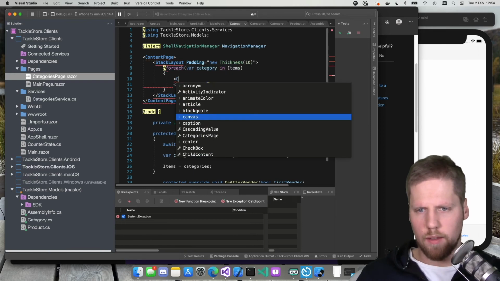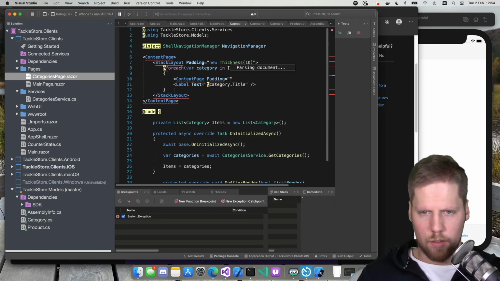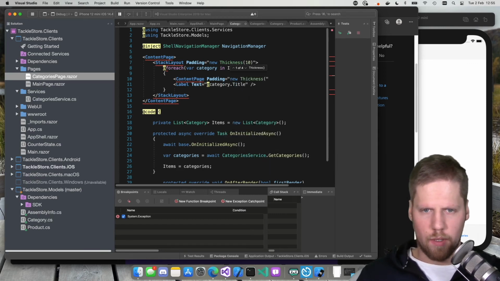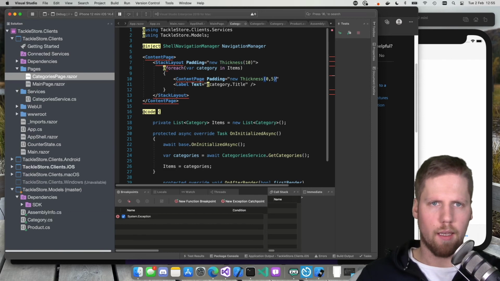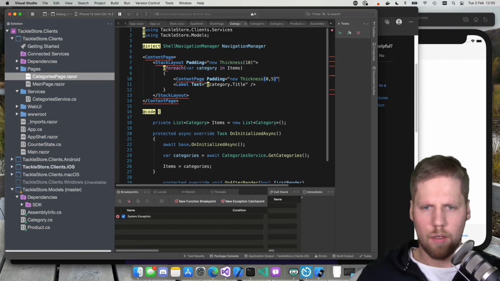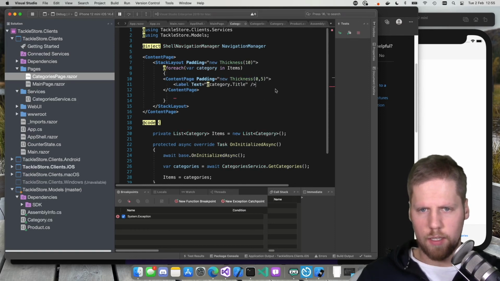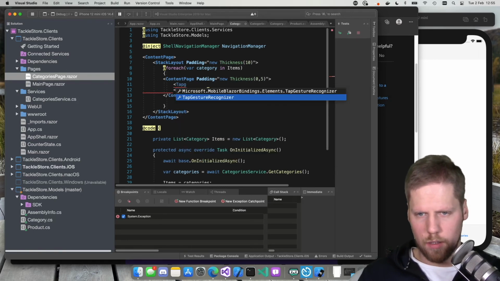We will wrap this in a content view because we will make it a little bit more touch friendly. So we'll have a padding around the text. New thickness, and we don't want to add any more padding on the left side, so we will just do like this. We'll add some 5 pixels of padding below and above, like this. Then we move the text inside of that, and then we add a tap gesture recognizer